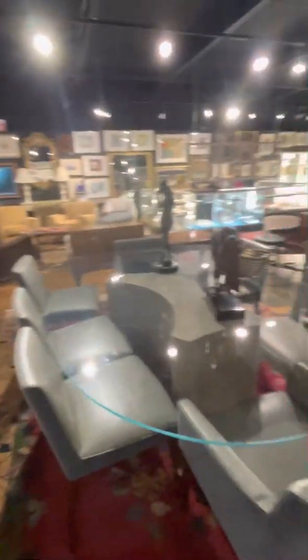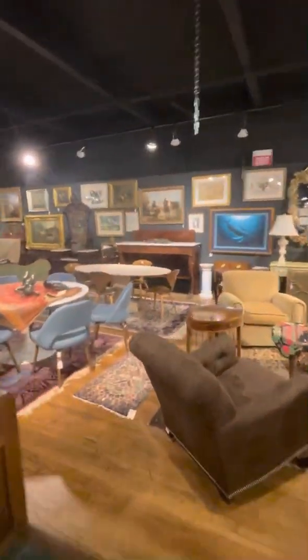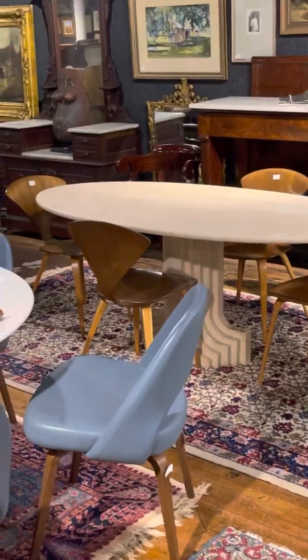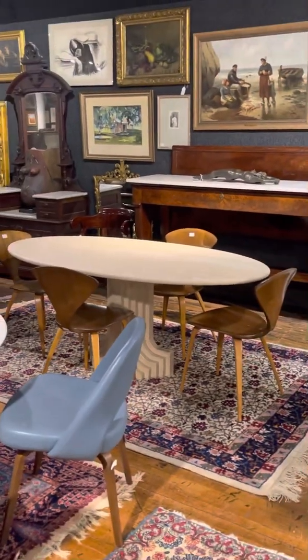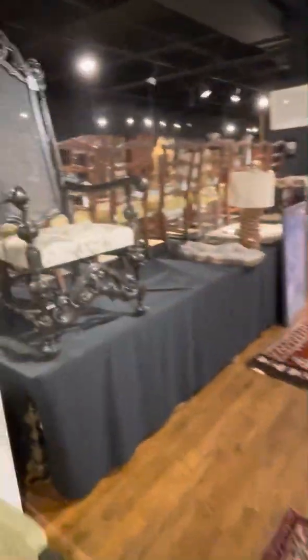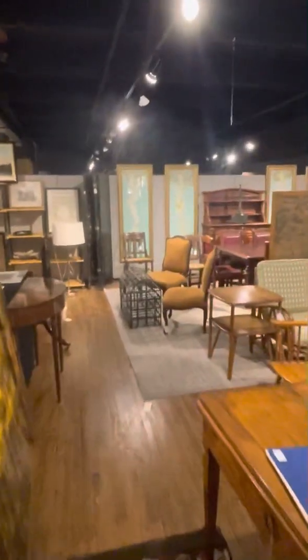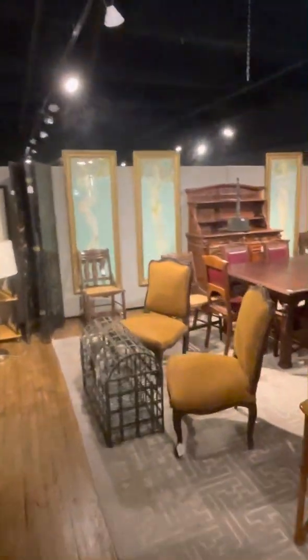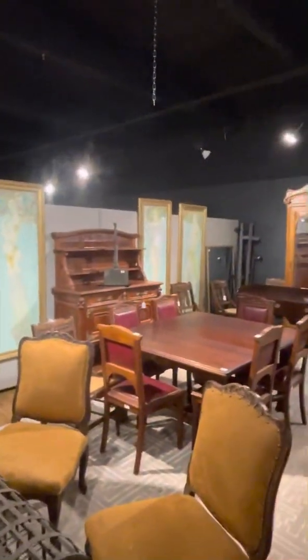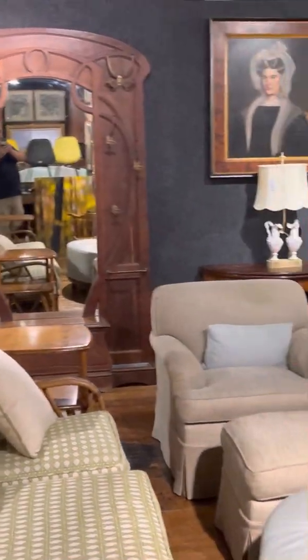For example, you have this asymmetric glass table on a shagreen base with the leather chairs, which are a different lot. You've got a modern travertine marble table over here, again with mid-century modern chairs around it. And yet, if you go to the back over here, you've got a 17th century English chair. You come over here, you've got Art Nouveau French furniture, beautiful dining set. There's an Art Nouveau hall tree there. And then you can also see